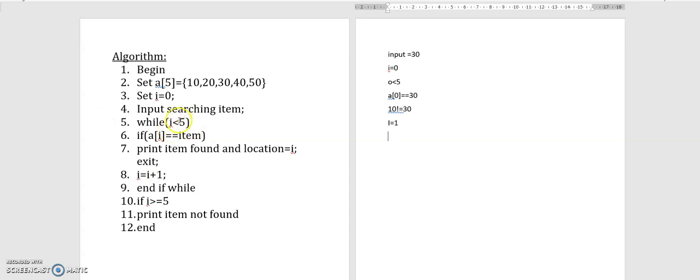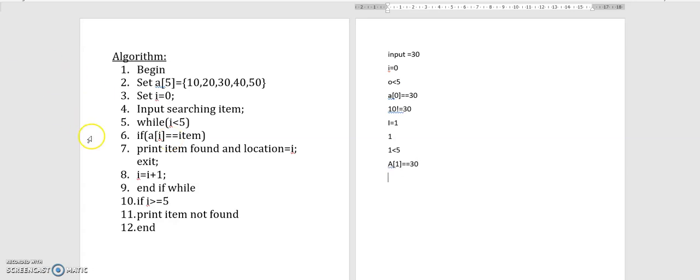Again the loop: I less than 5, that means 1 less than 5, which is also true. Next we check the if condition: A of 1 equal to 30.